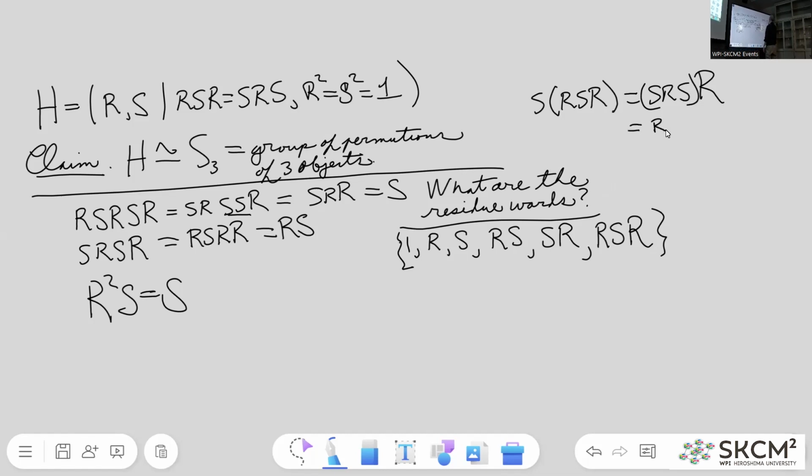SRS is RSR. R squared is equal to the identity. And we just found out that S times RSR is RS, and so on. And so we're getting a 6-element group. And it's not commutative. RS is not equal to SR, for example. There's no reason for it to be. But now we're in a position to compare with